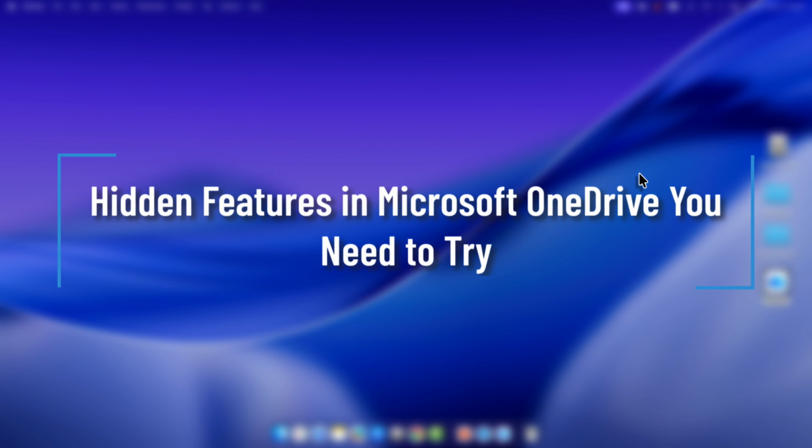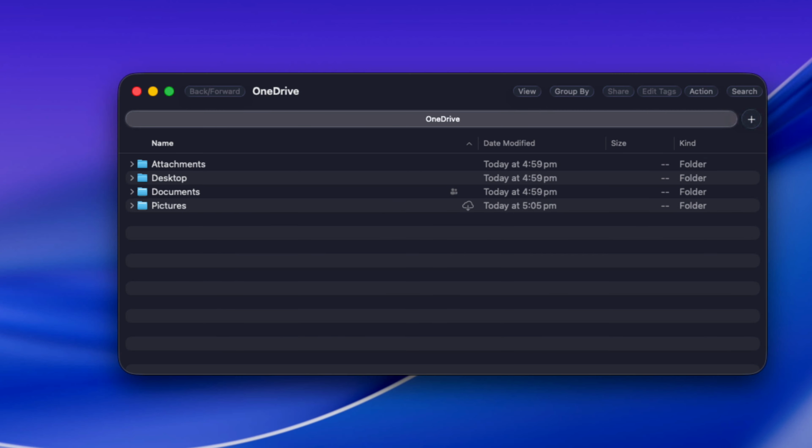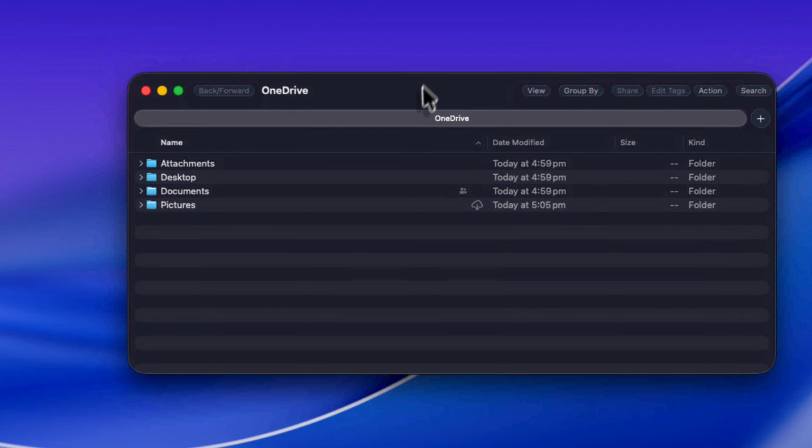Hidden features in Microsoft OneDrive that you need to try. Now, some of the hidden features on Microsoft OneDrive are fairly simple. The first one is, if you open the OneDrive folder on your Windows or Mac OS and you want